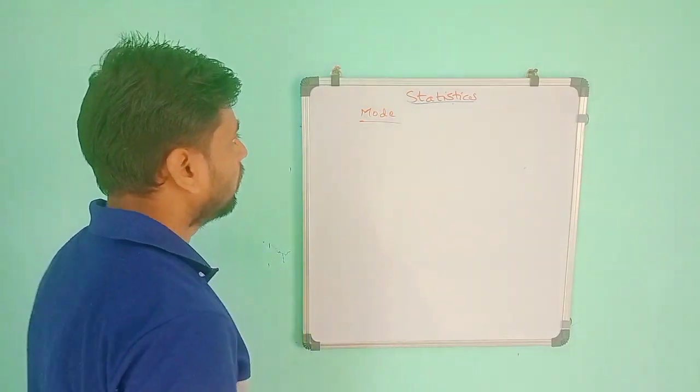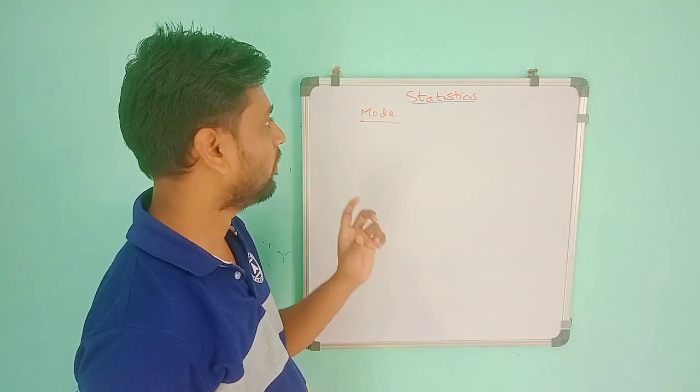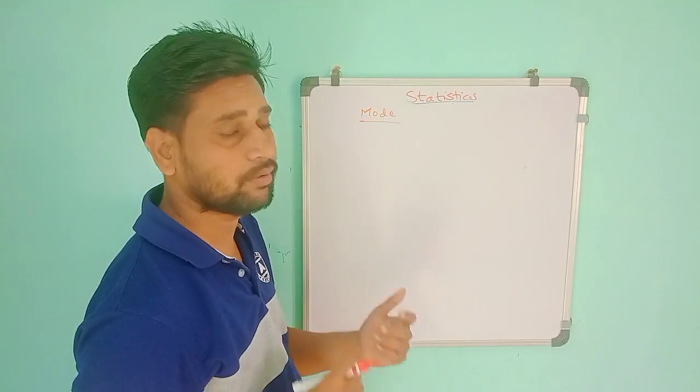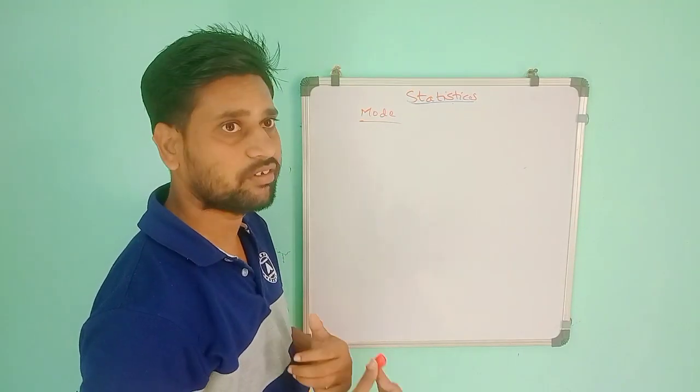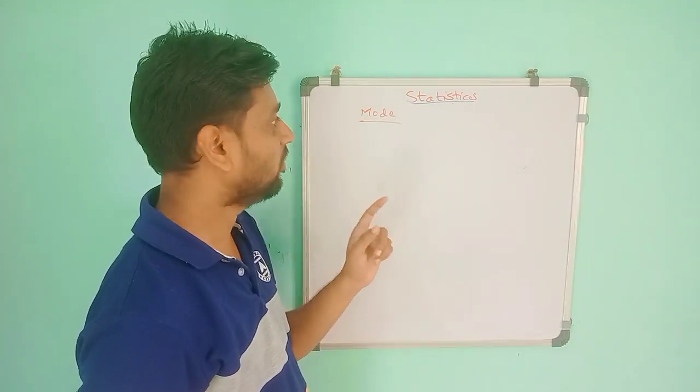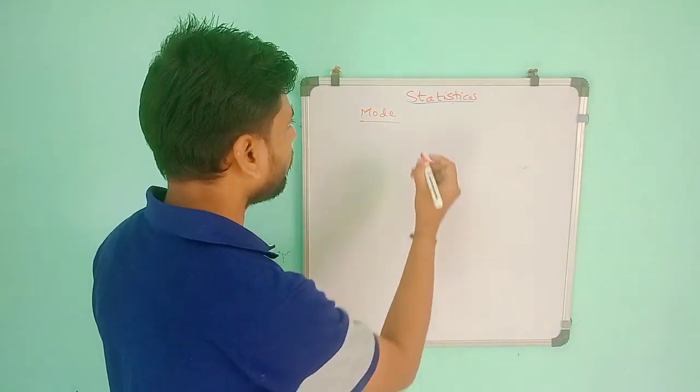Mode is the value which occurs among the observations most often, meaning repeated a more number of times. So that is the mode. The value of the observation having the maximum frequency is the mode. So in mode,